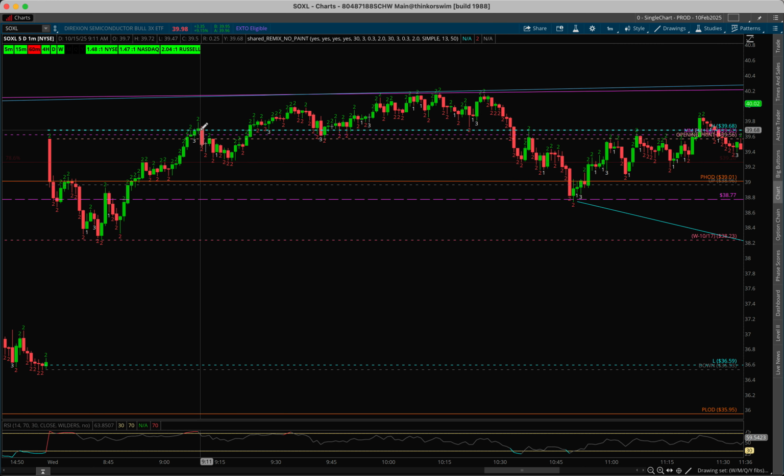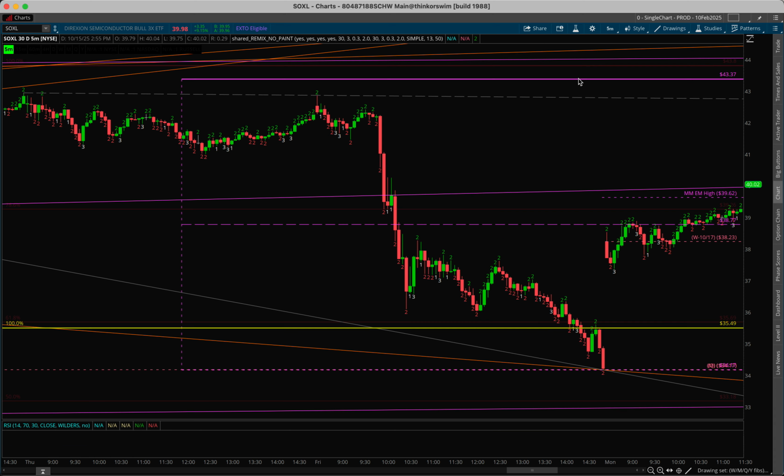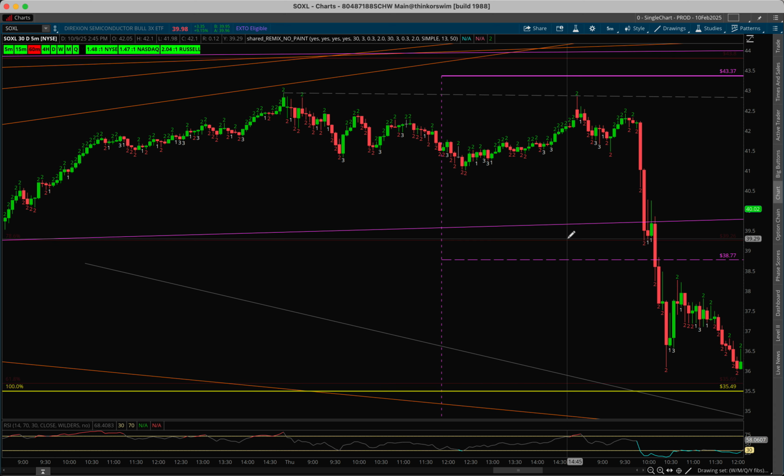Because it was after a higher high, this would be considered the start of a broadening formation. So we did exit most of our position at this level. Again, these were just scalps, but we did hold a couple of runners. And when we flip back to the 5 minute, we can see that